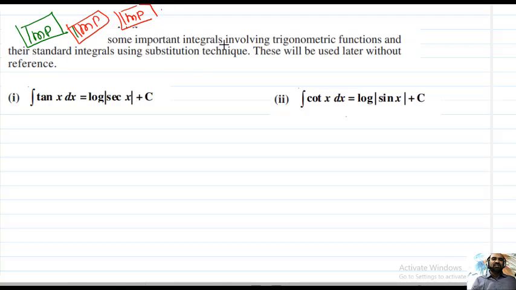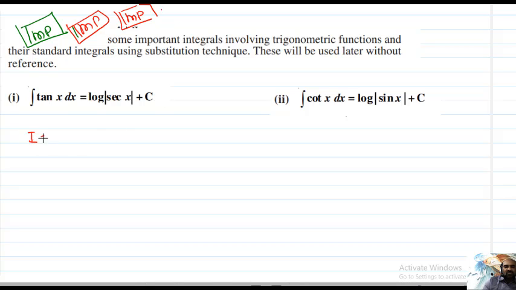Some important integrals involving trigonometrical functions and their standard integrals using the substitution technique. These will be used later without references. Okay. First one,